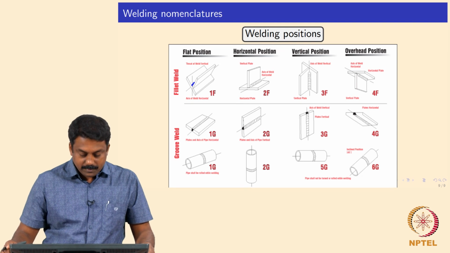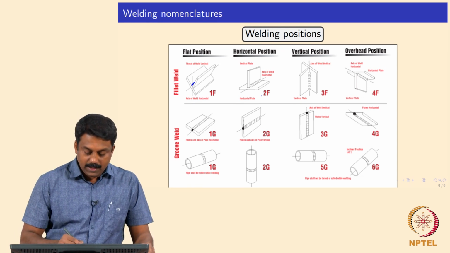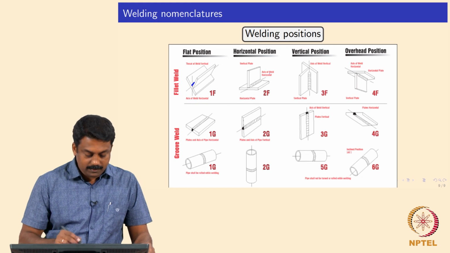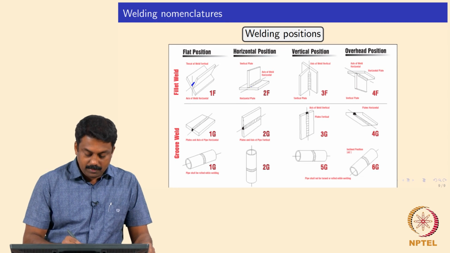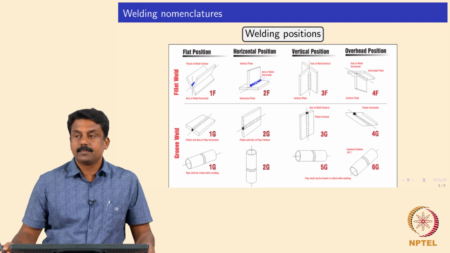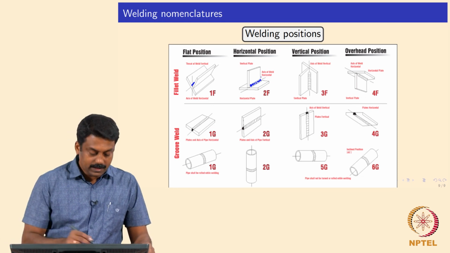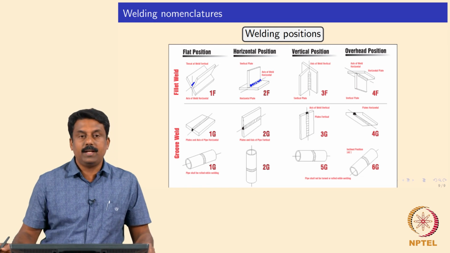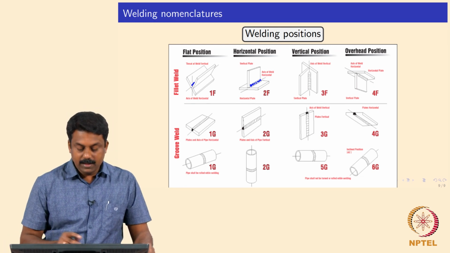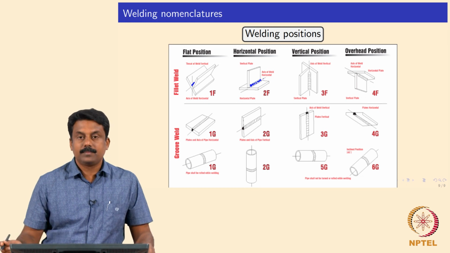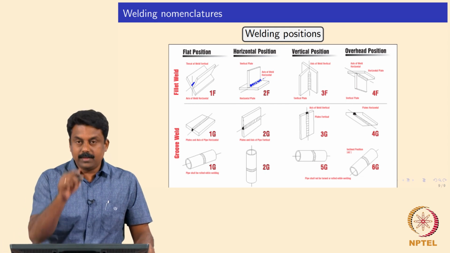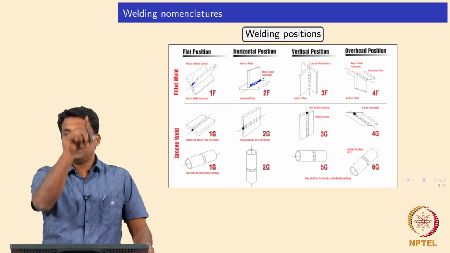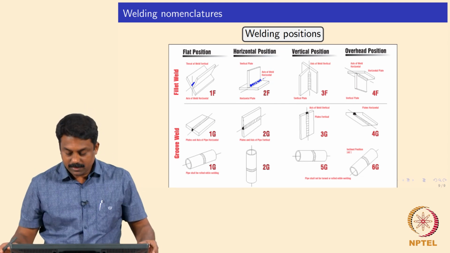But 2F is done in a horizontal position, the axis of the weld is horizontal. So, on a horizontal plate and a vertical plate you do a fillet weld like this. So, that is 2F, right? It's clear. Whereas in this case, the throat of the fillet is vertical, where here the axis of the weld is horizontal and the throat is inclined at 45 degrees. And for vertical positions, if the plates are like this and you do it like that, that's 3F,